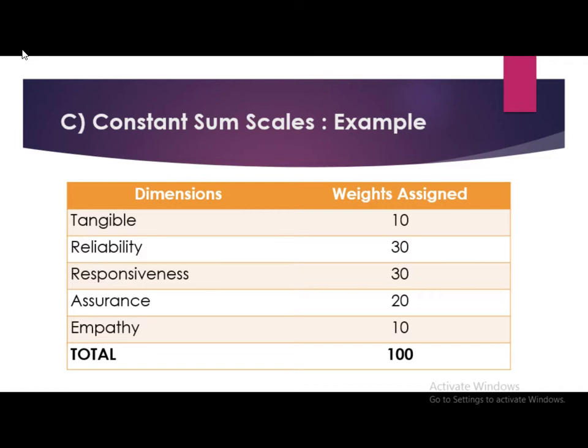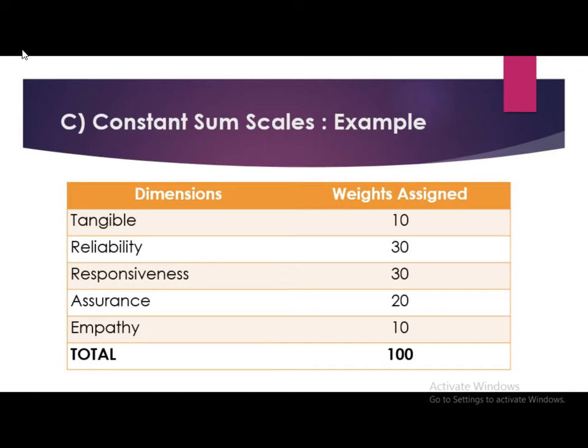Respondents in the survey are asked to mark their opinion about the service quality, maybe on a Likert scale of 1 to 5 or 1 to 7. After that, the researcher will assign pre-decided weights as per his or her expertise to each dimension. Suppose it is for a restaurant, then the service parameters, tangibility, reliability, responsiveness, empathy, and assurance will have different weightage. For banking service, the weightage will be different. For telecom service, the weightage will be different. So the experts or the researcher will assign the weights.